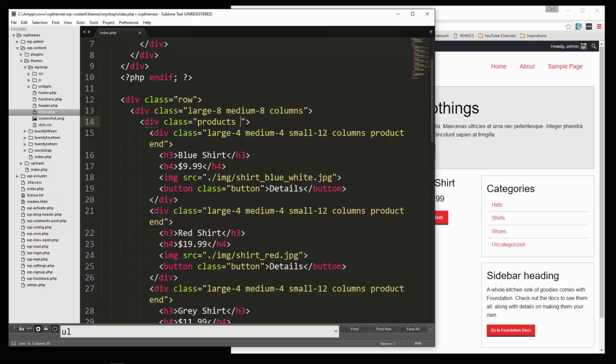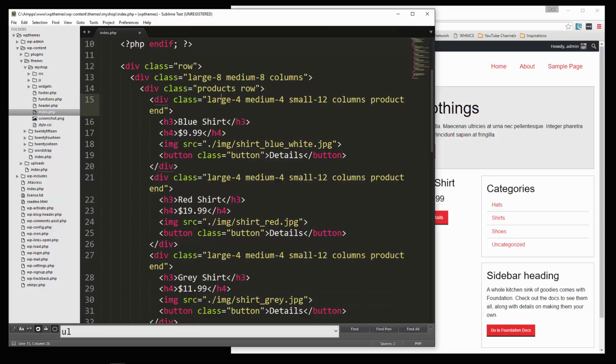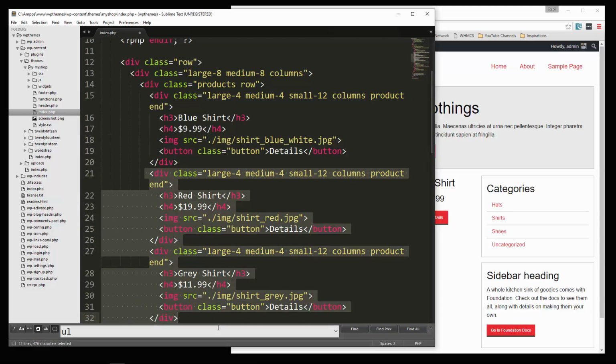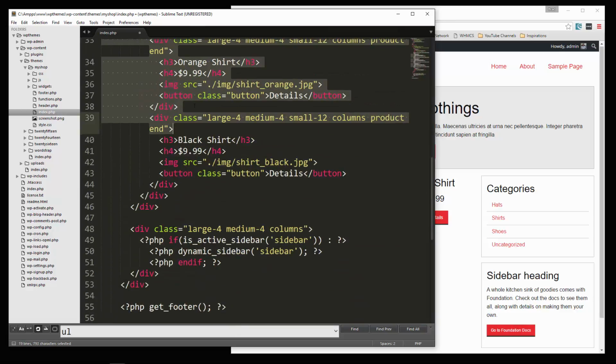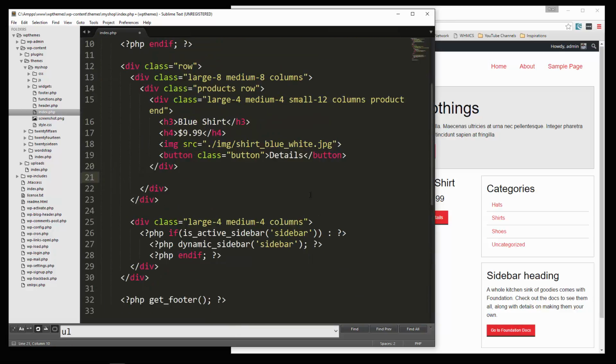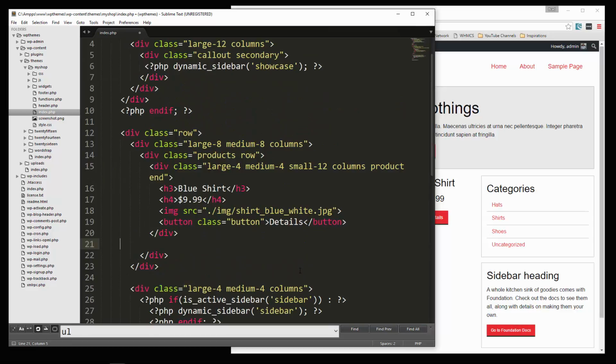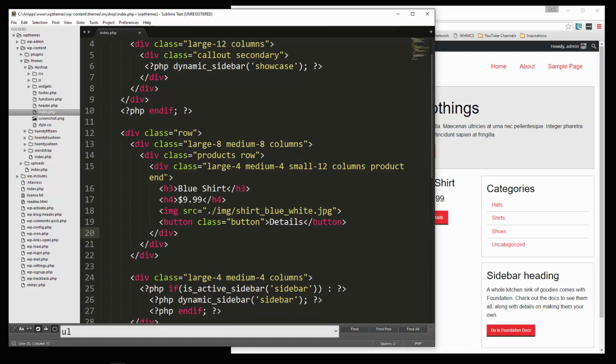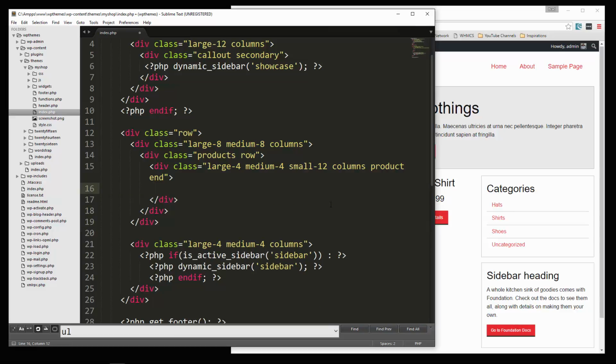I'm actually going to add a class of row on this products div, and then what we want to do is get rid of all but one of these 4-column divs. So we'll get rid of that one all the way down to this div right here. Okay, we'll get rid of that, and then inside the 4-column div I'm going to get rid of the content, and then what we'll do